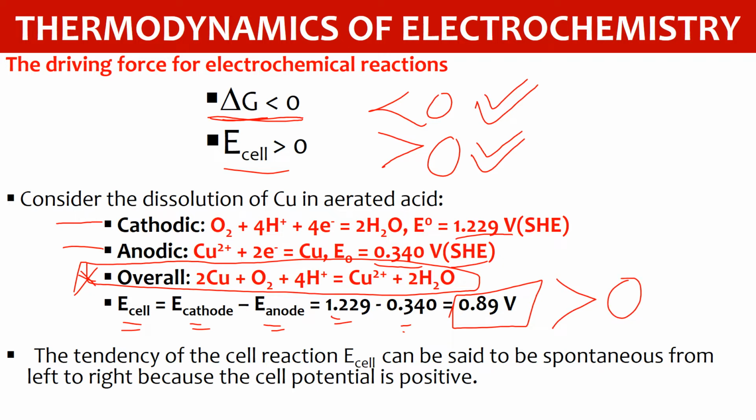So we can say that this reaction can occur spontaneously, or it is favorable to occur, because we've got a positive cell potential for this reaction. That's the driving force of electrochemical reactions. Okay,